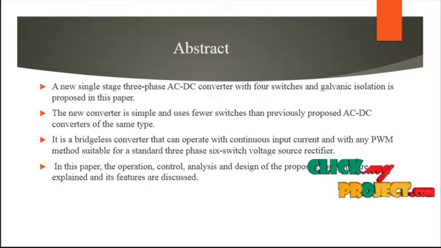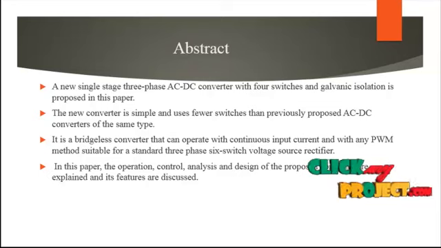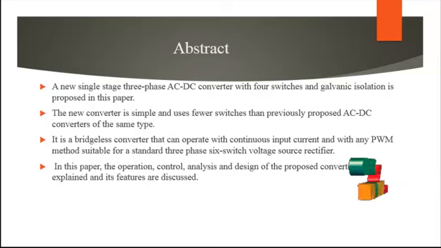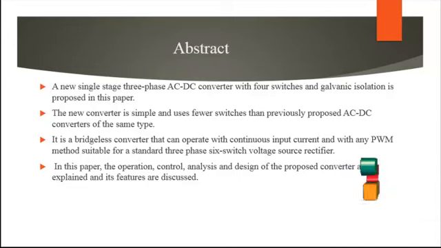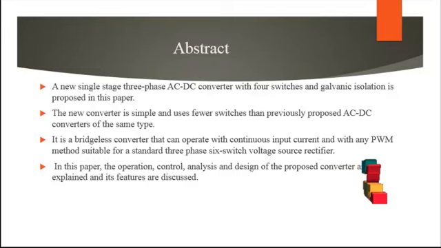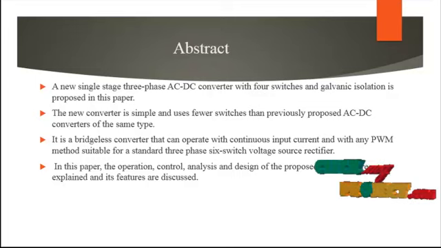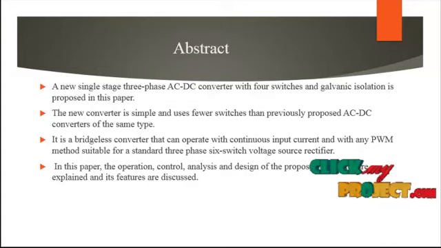Another thing is that galvanic means we can find a small amount of current, and some clipping circuits are applied to cut the current. This uses a very simple architecture, and few switches are very precious for getting approximate results. This is one of the advantages of the method: a continuous input current, where any PWM will be suited for this process because of the 3 phase 6 switch voltage source converters.